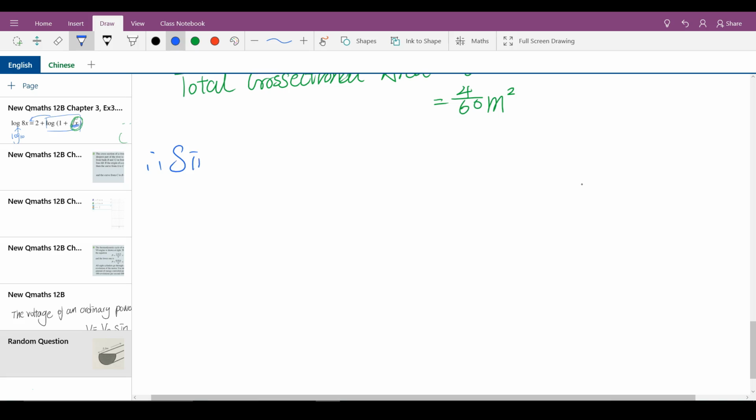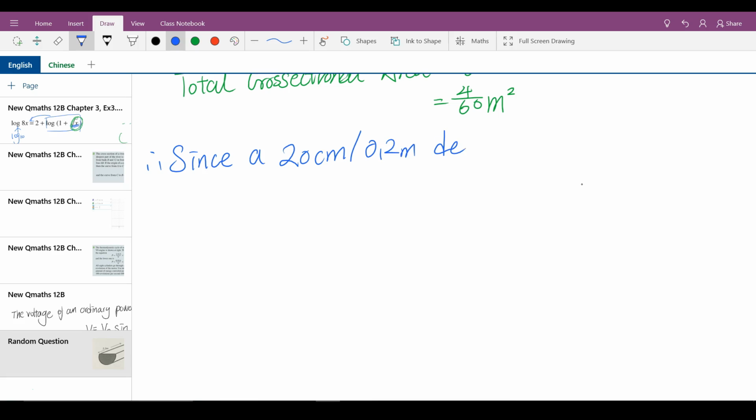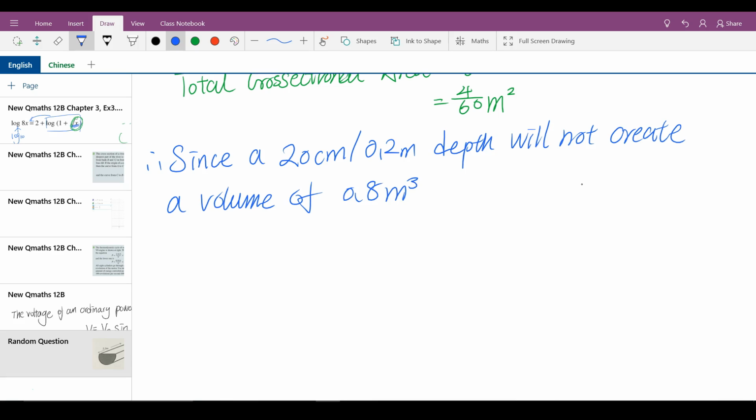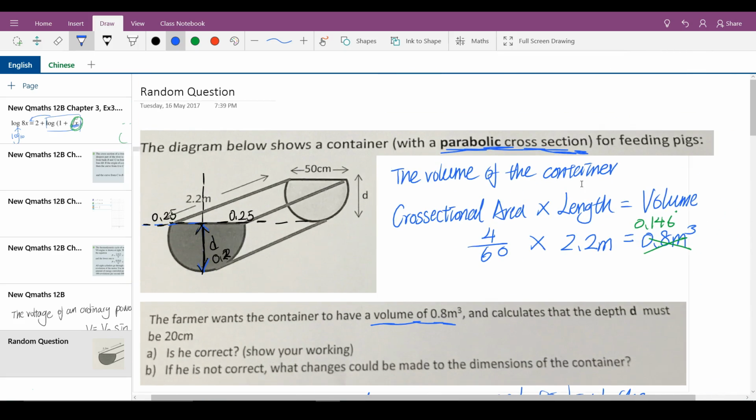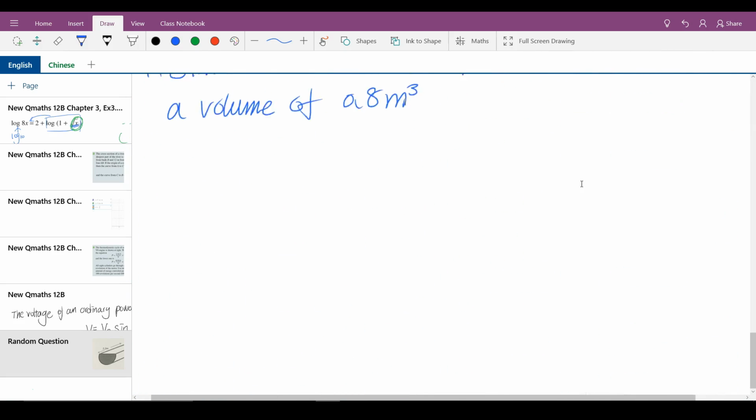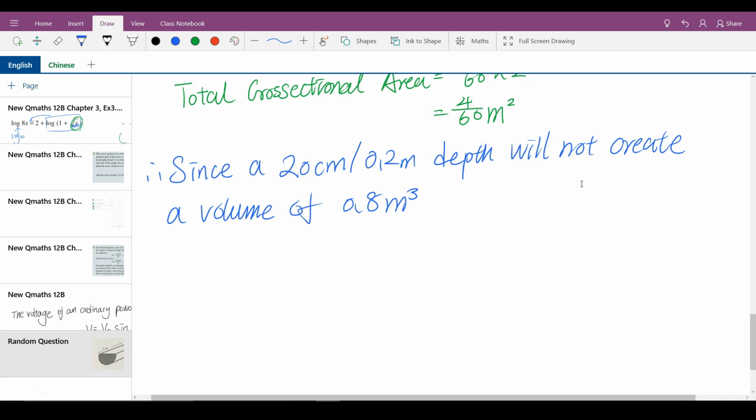Therefore, since a 20 centimeter or 0.2 meter depth will not create a volume of 0.8 meter cube container